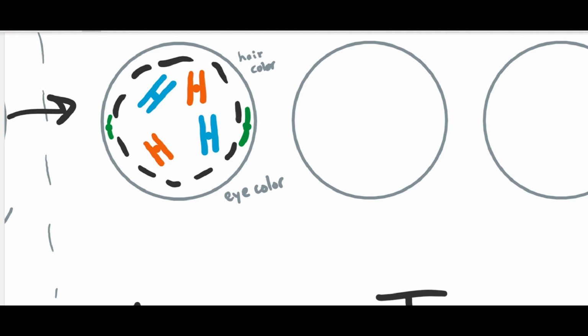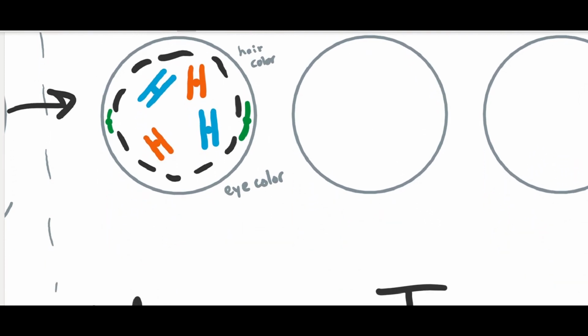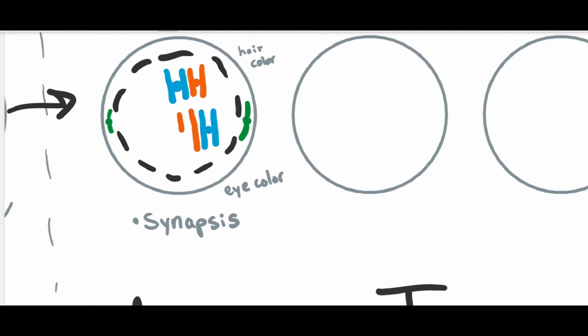All right, so something that happens during prophase 1 that's unique to meiosis, right, is we have something called synapsis. Synapsis refers to when our homologous chromosomes, meaning chromosomes that code for similar traits, pair up. So these guys are going to pair together. So I'm going to go ahead and erase and redraw that. All right, so we have our chromosomes that code for hair color pairing up and the chromosomes that code for